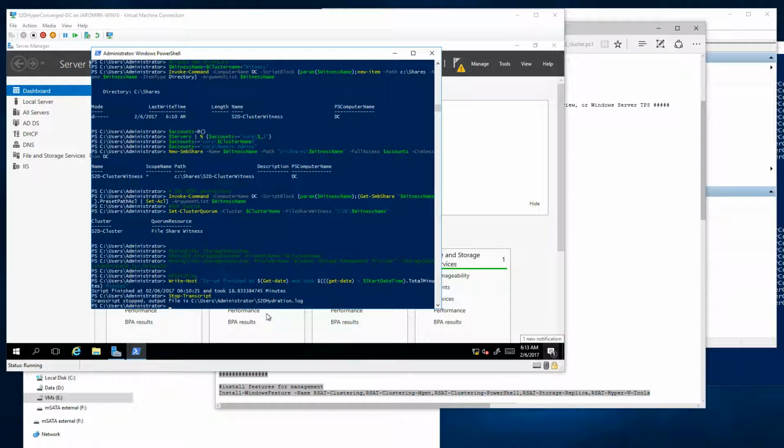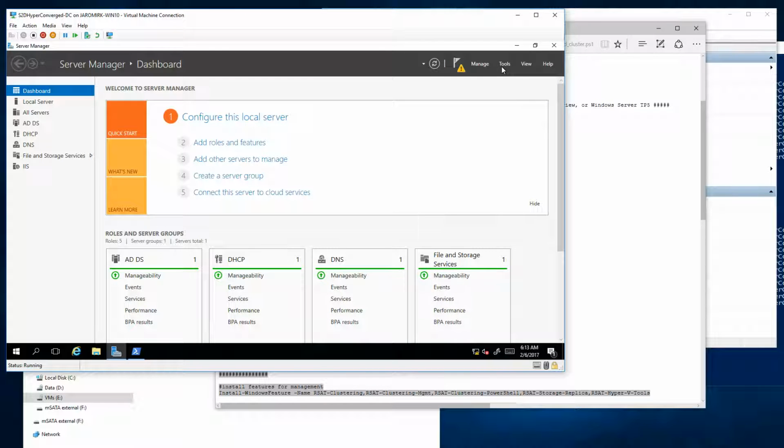So as you can see, the script just finished. It took a bit longer. That's because I'm also recording the screen and the software is taking probably too much. So it took like 18 or 19 minutes. So let's take a look at what's there. So we should see that